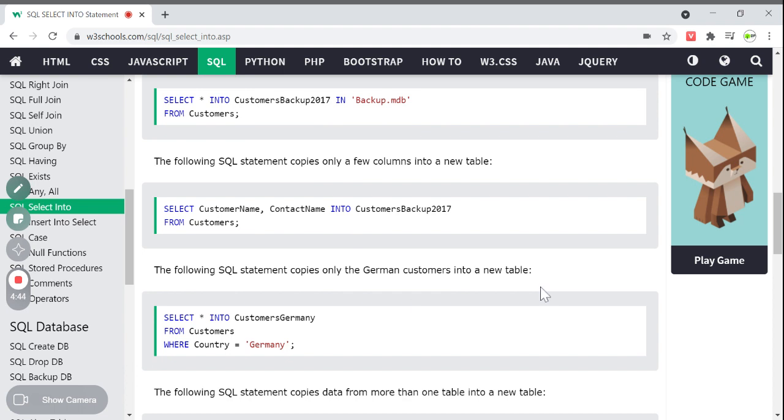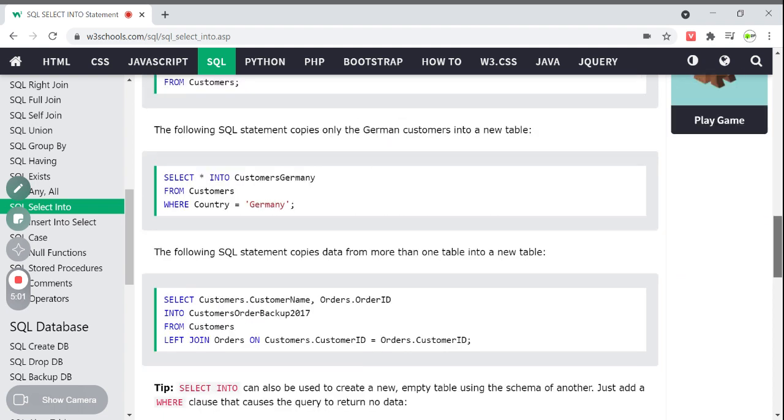And also you can copy only the specified things, like you want the customers who are from the country Germany. Likewise, you can do it by giving a WHERE clause, like where country is equal to Germany. I want to copy only these particular items, where you can give that condition by using this WHERE clause.